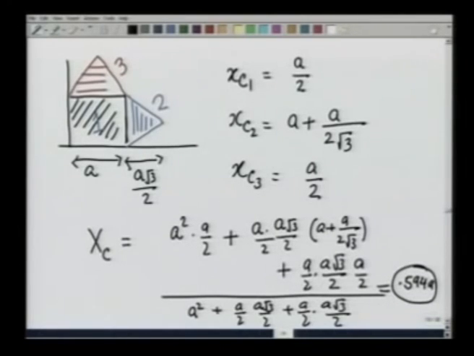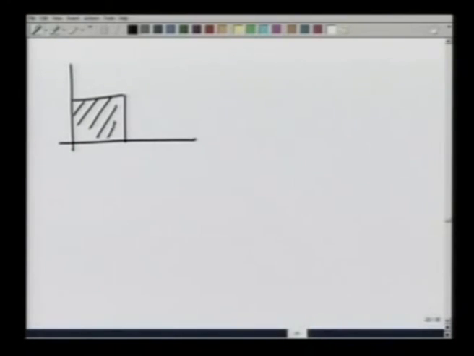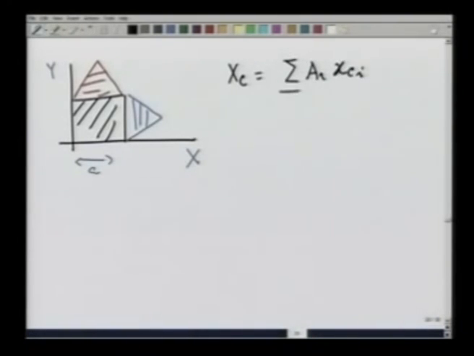By symmetry, yc would also come out to be the same, and therefore, for this assembly where I have a square of side A and an equilateral triangle on top and on the side, with axes x and y, I get xc to be the summation of a_i x_ci, I am writing a general formula, divided by the summation of a_i, which comes out to be 0.594 a, slightly to the right of the centroid of the square,